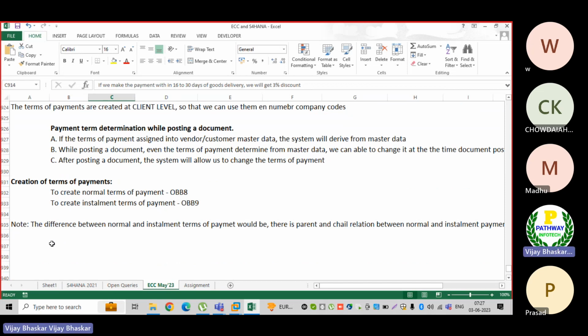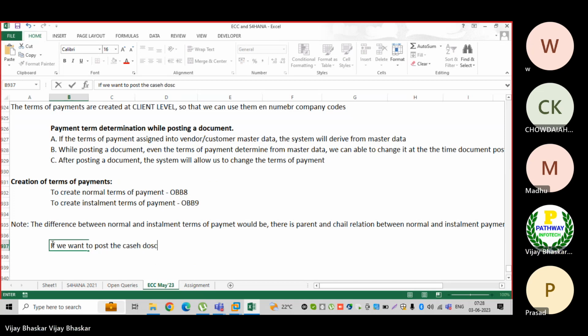If we want to post the cash discount into a separate GL account, we have to do the below configuration.